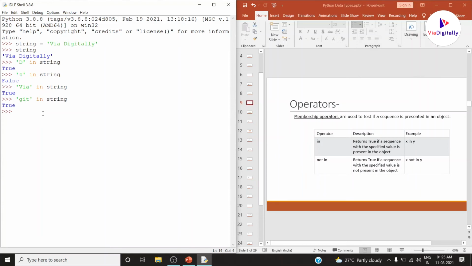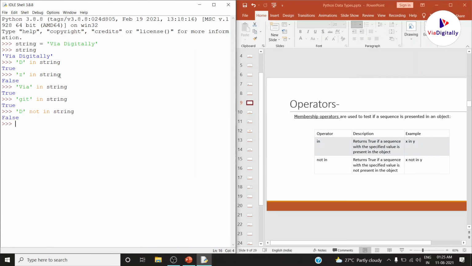The exact thing, if you do with not in, it gives the opposite results. Let me check the same conditions here, whether capital D is not present. For this case we should check D not in string. Let me check what it is giving.